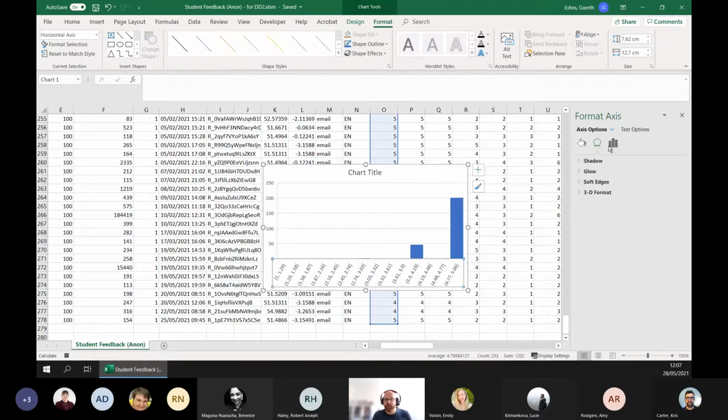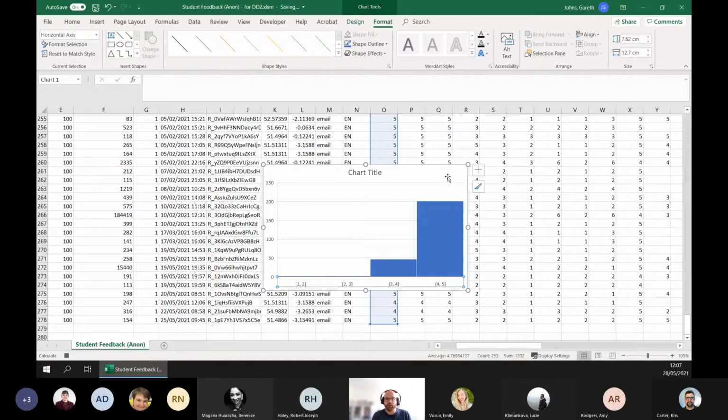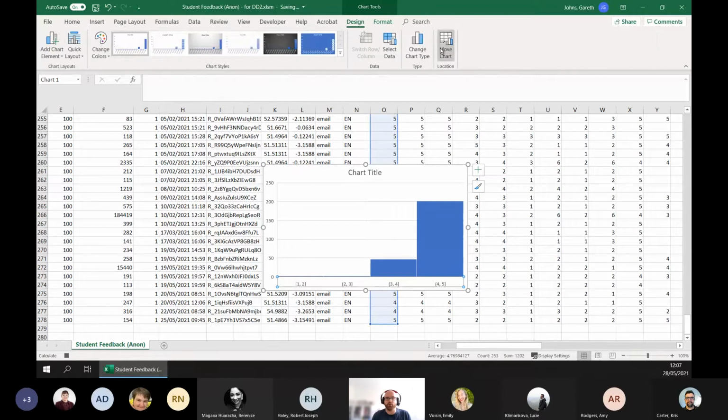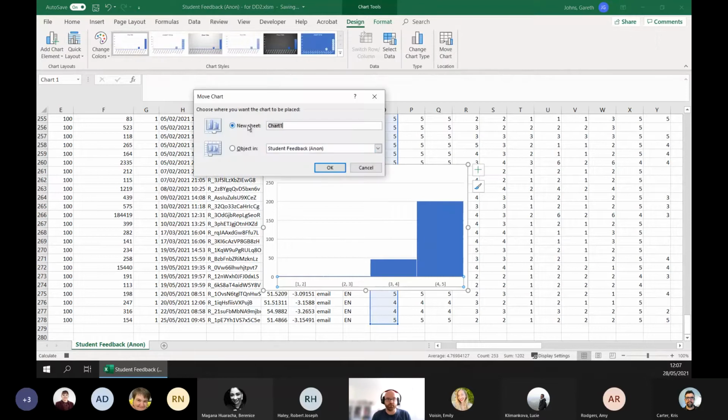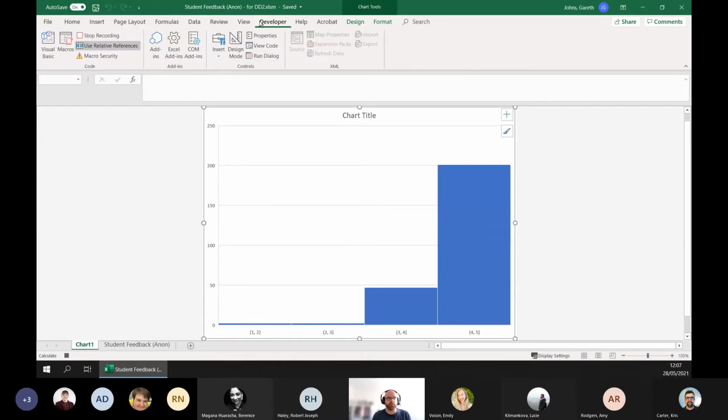Horizontal axis. I'm going to change the number of bins or the bin width to 1. So that should group together the responses into bins. So this is responses that have given a rating of 5, 4, 3, and 2 and 1. The other thing I'm going to do then is move this chart to a new worksheet. So that's what I want to do for all of those columns. So I can stop recording the macro now